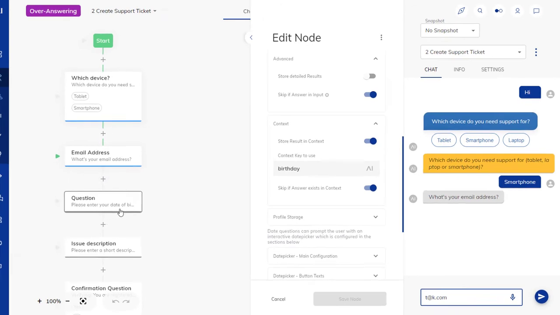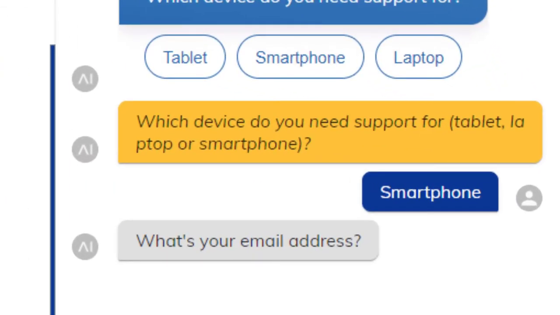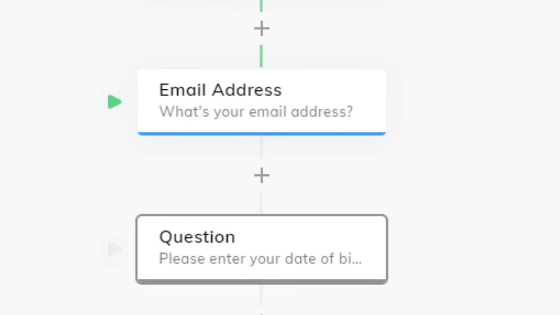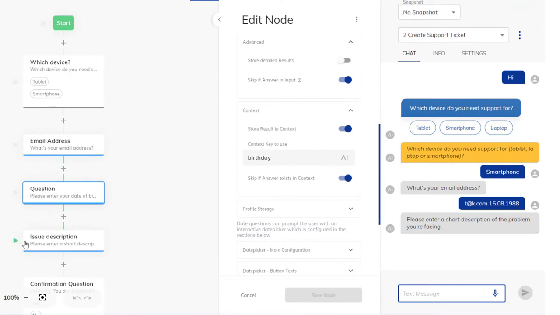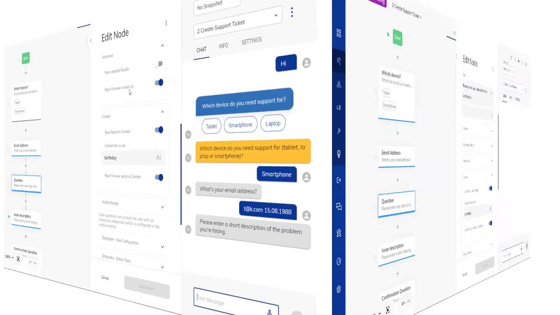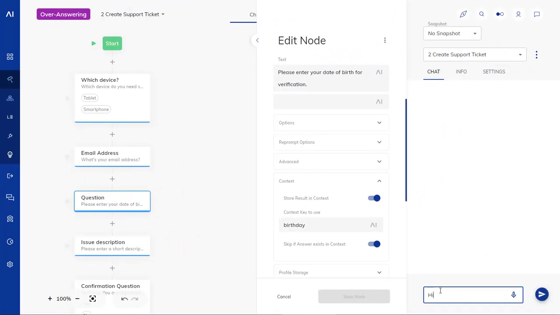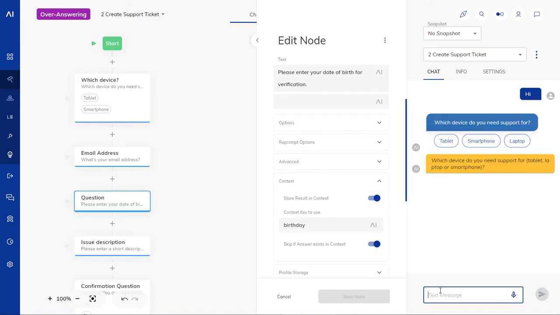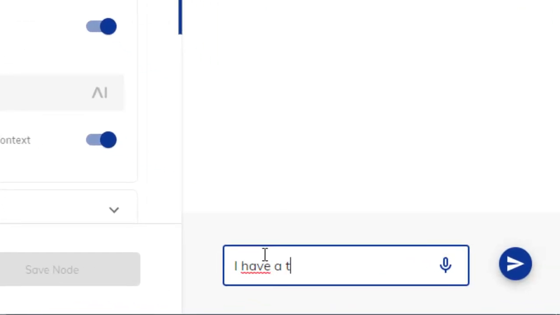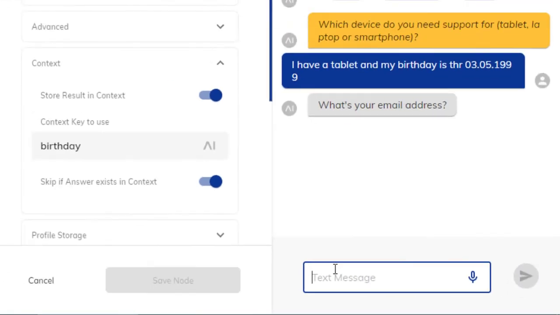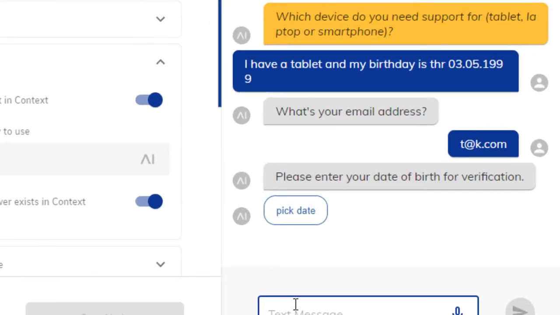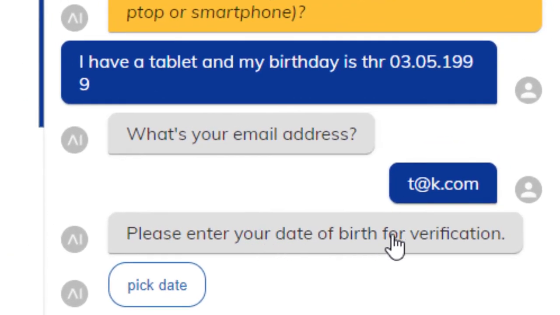This means that if we provide all the information in the first message, it will consider all following questions as answered. As you can see here, it skipped over the question for the birthday because the birthday was already given within the answer for the email address. This works very well already, but what happens if I only give some answers at the top of the thread and then go out of sequence? In this scenario, it will still ask me the questions even though I already answered them just one message ago, meaning the bot does not have a memory beyond the last message that was parsed.